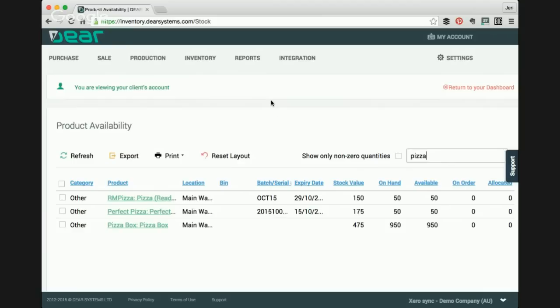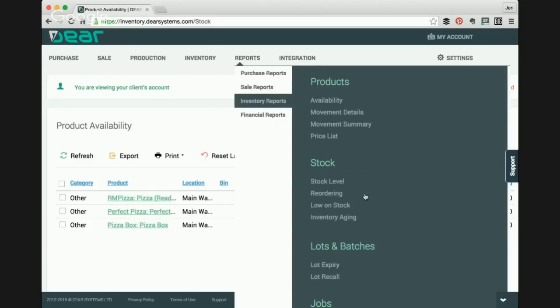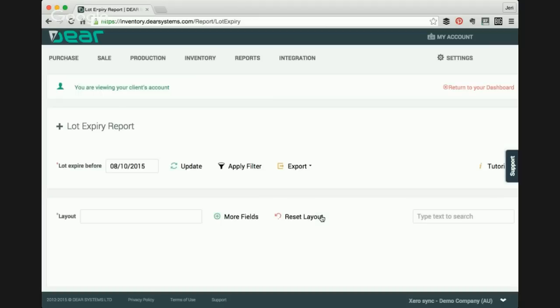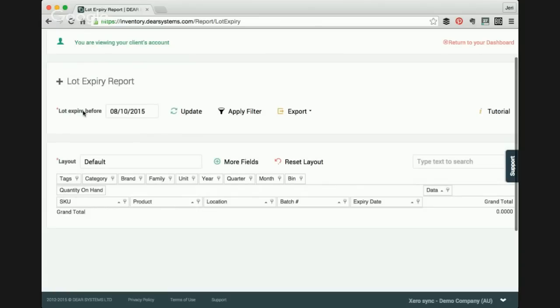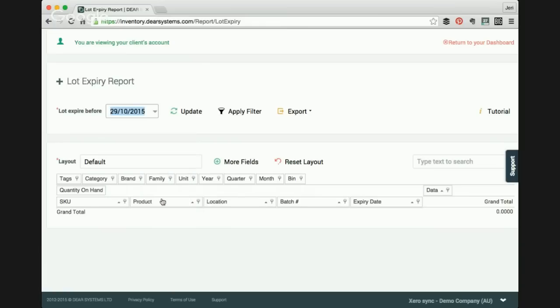One more thing I want to show you, which is really handy with this batch and serial tracking, which just brings it all together. In the inventory reports, you've got this lot expiry or lot recall. So lot expiry will show you all of your lots, or your batches and serial tracking items, and when their expiry date is. Now it says here lots expire before the 8th of the 10th. Well, we don't have anything that's expiring before then,